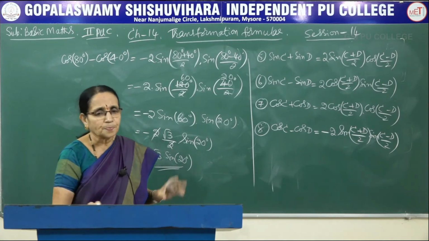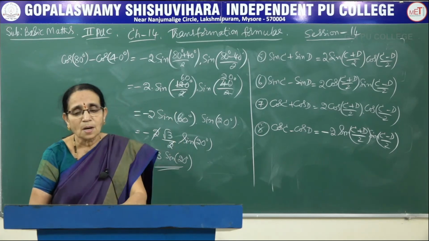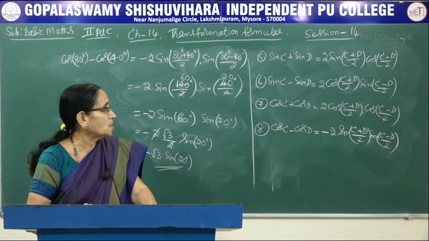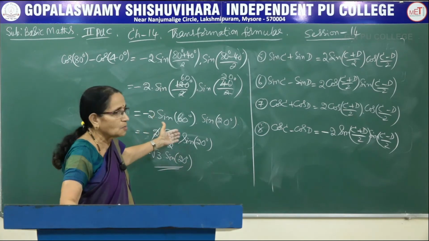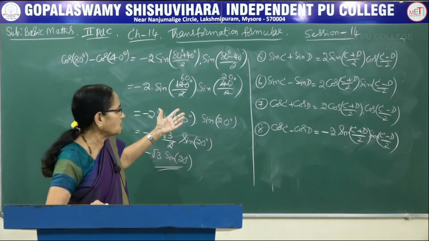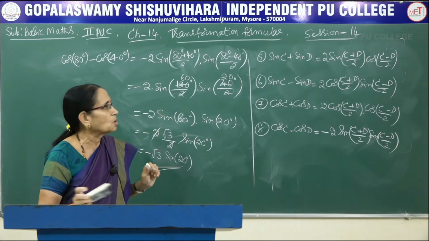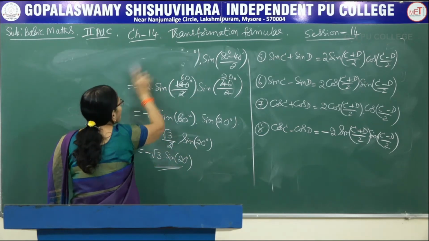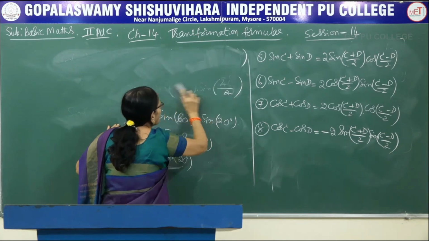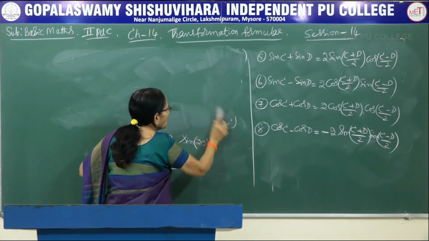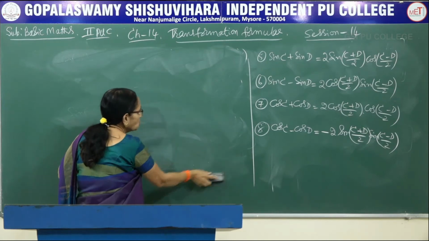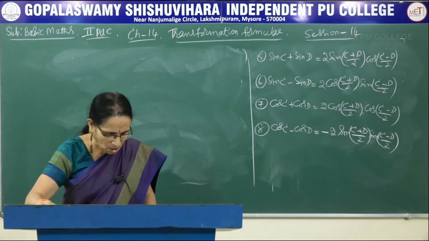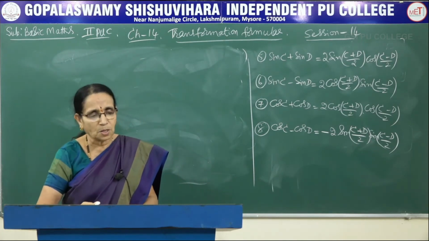So by chance you come across the exact values for A and B or C and D, in the first set of formula A and B, or in the second set C and D. If you come across a standard value, it may be 30, 45, 60, 90, whatever may be the value, if you could write the actual value, you better simplify. Otherwise, if it is in terms of an unknown number, A, theta, B or whatever it is, then directly you simplify as much as possible, and then you can stop at that stage. Anyway, all these problems where we are doing the conversion can be expected for a 1 mark question.